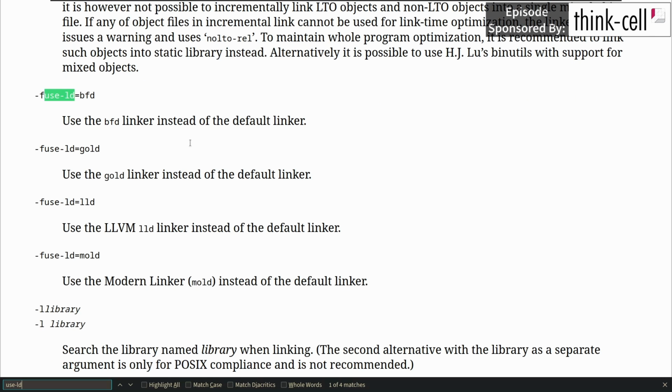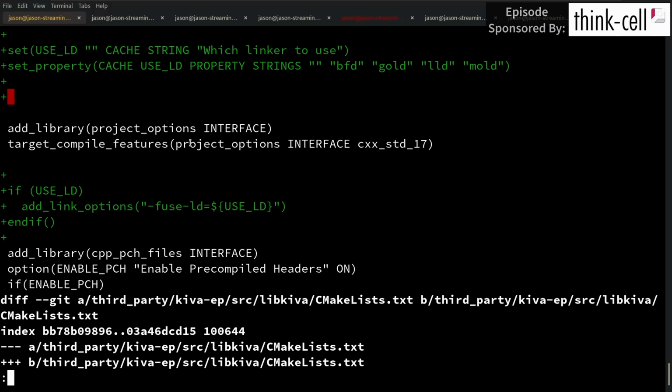Simply choose between BFD, gold, LLD, and mold. If you've got a recent version of GCC, it's really simple to just pass this -fuse-ld. And I can show you here that in my own CMake project where I was experimenting with this, I pretty straightforwardly created a new cached property called useLD. I gave it the options BFD, gold, LLD, and mold